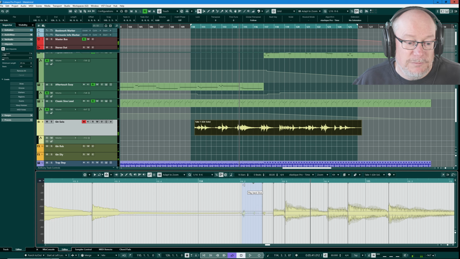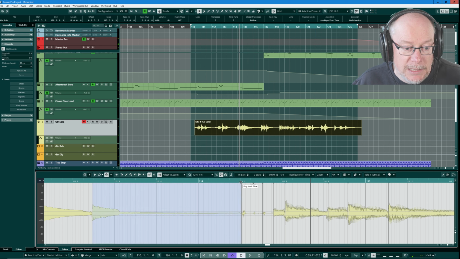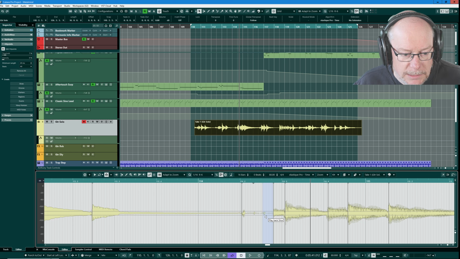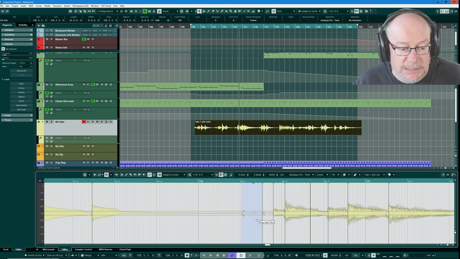Okay, now they strictly, technically speaking, want to be on these 16th points. But can you see that one of them is missing? This little audio section down here doesn't have a vertical line. That's because the threshold value, currently set at 7%, is not sufficiently sensitive to pick up the size of that transient. If I change the threshold,